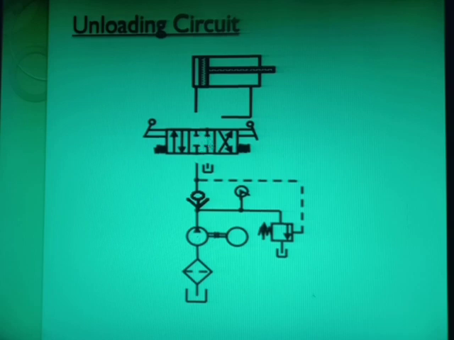So what will happen when I bring the valve to the central position? Oil from the pump will not go to any port, and oil will not go to the actuator or come from the actuator, right? In that condition the pump is continuously running. We are not stopping the pump. As the pump is continuously working and the oil is moving forward, what will happen?